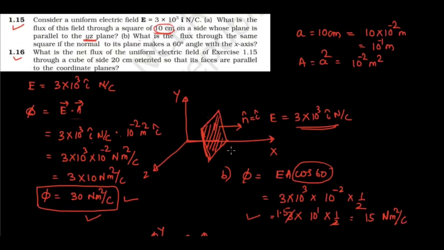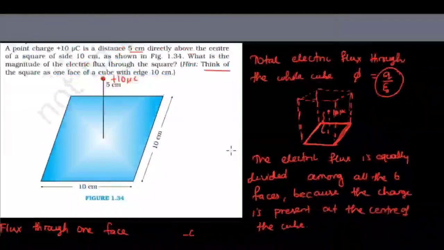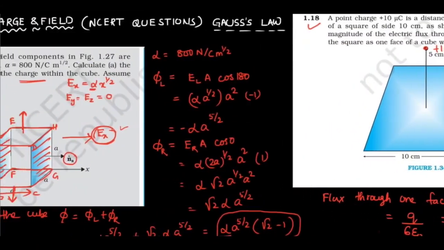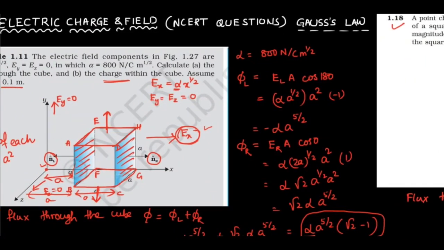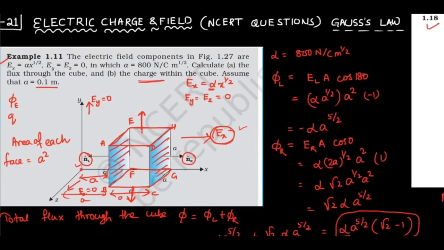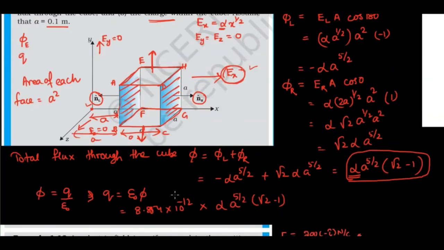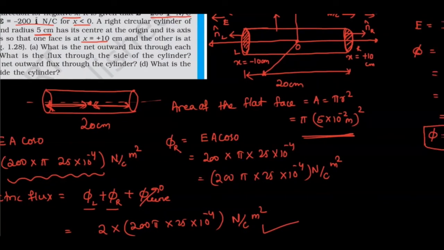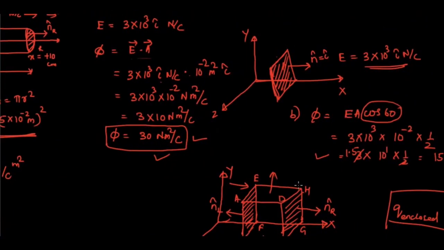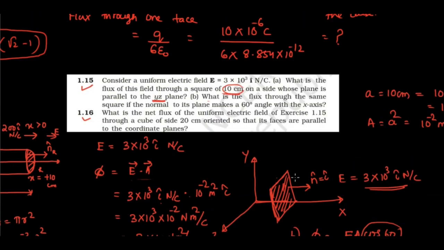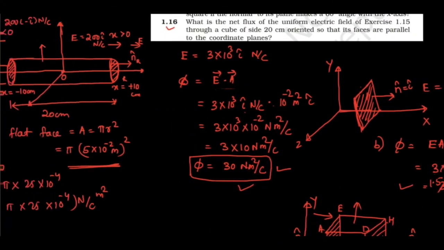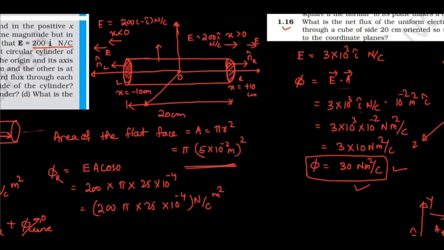So students, we have solved 5 questions based on the concept of Gauss law, and hopefully you have got some idea about how to solve numericals based on Gauss law. And in the next class we'll come with some more questions from your NCERT book as well as from the previous year questions. So you have to just practice all the questions, because these are the questions that come in your board examination. So we'll meet in the next class again.